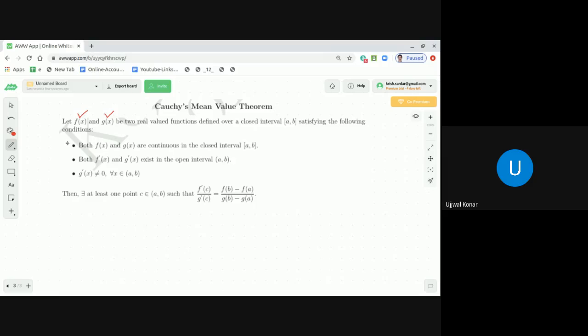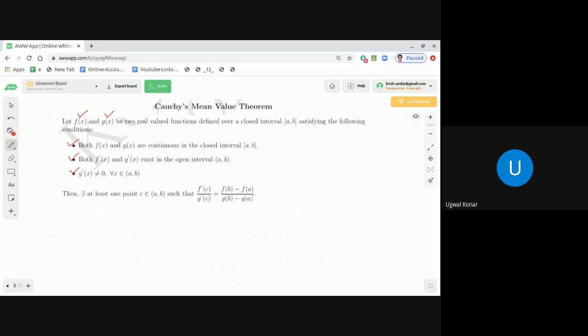The first one, both f(x) and g(x) are continuous in the closed interval a comma b. Second, both f dash x and g dash x exist in the open interval a comma b. And third, g dash x is not equal to 0